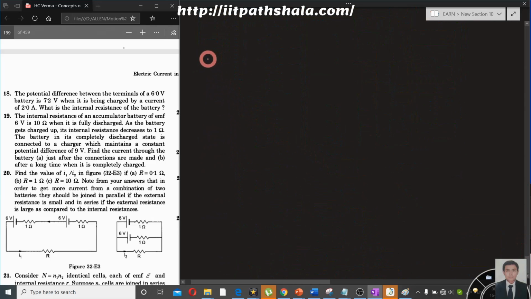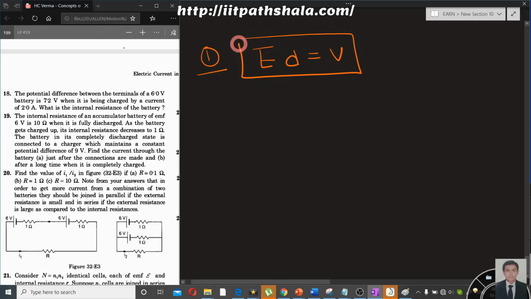Now the takeaways of the following lecture. First takeaway is the development of electric field inside your conductor itself. So you can find the electric field by the following formula. Just replace your V by E times d, where d is the length of the wire, and you can simply put V equal to IR.